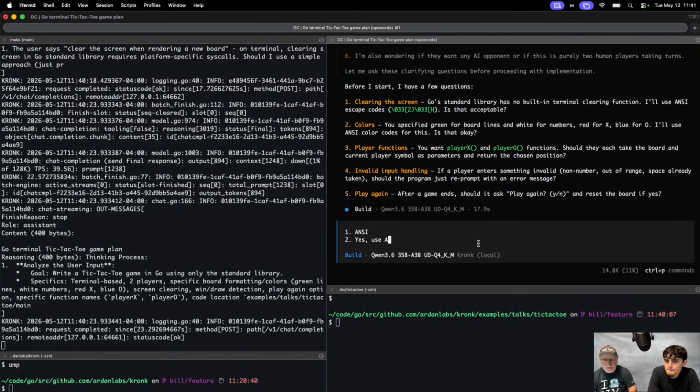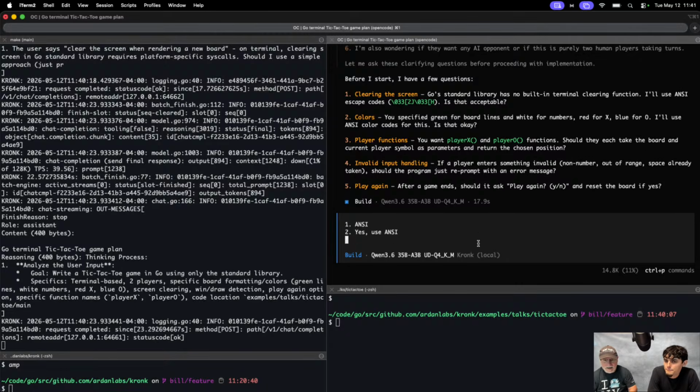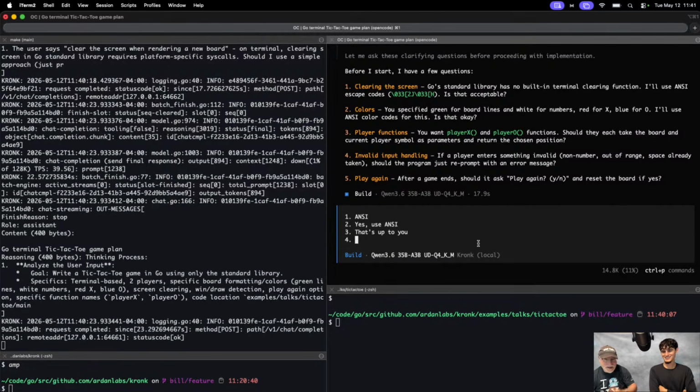Because every time I get these, they're always the same questions, right? Should the board take the current player symbol parameter, and should they each take the board and current player symbol? That's up to you, I don't know. That question I've never gotten, but this one I get a lot. We prompt, and yes, reset the board.